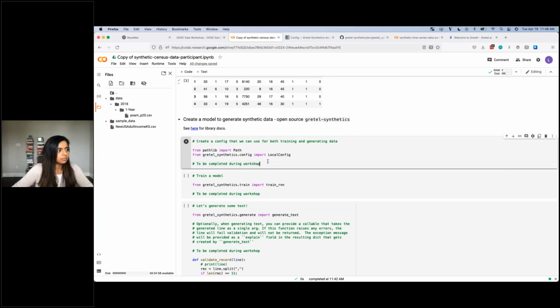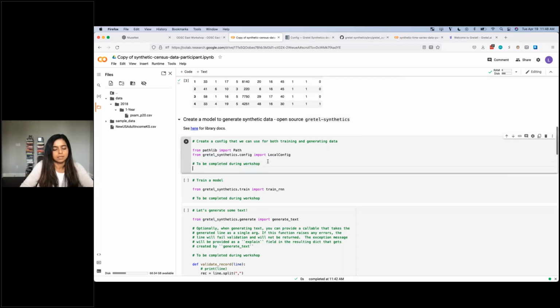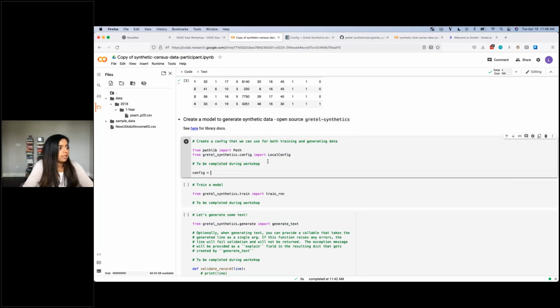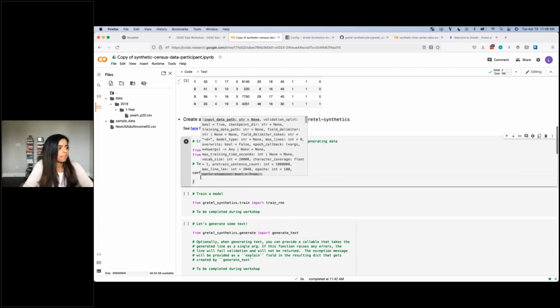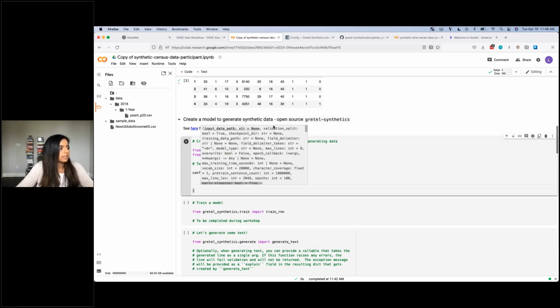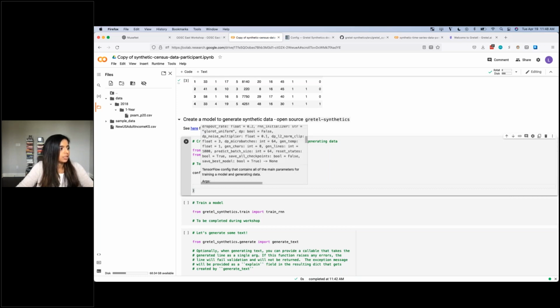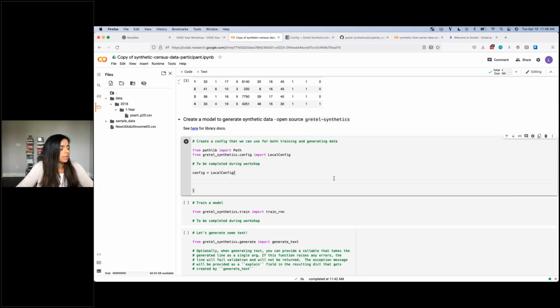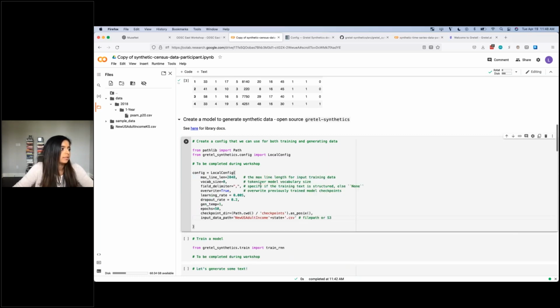So let's start this. We'll say our config is local config. And then we'll specify a ton of things. So you'll see in the doc string here, there's a lot that you can supply. That's also available in the docs. But we'll add in a few things. And I am going to copy paste some stuff, so it's a little bit quicker, and I can talk through it as you all are able to type this